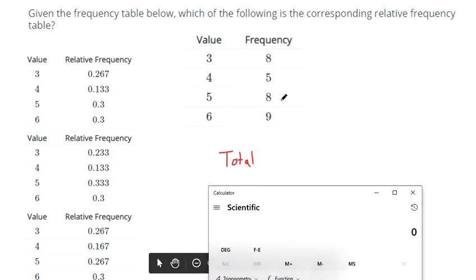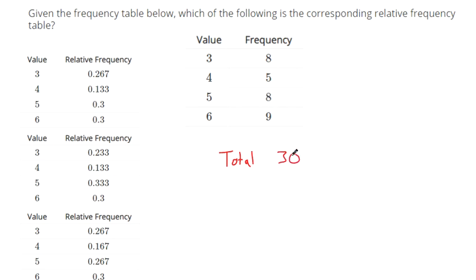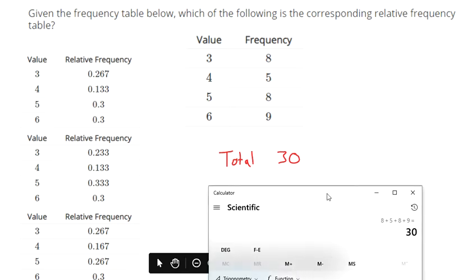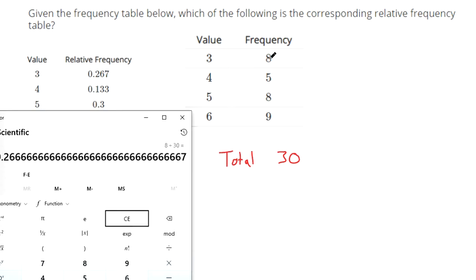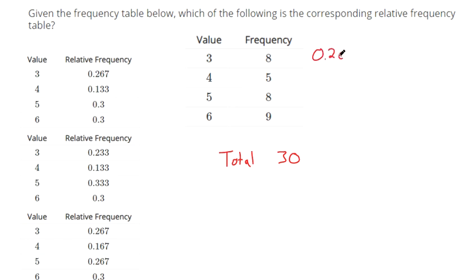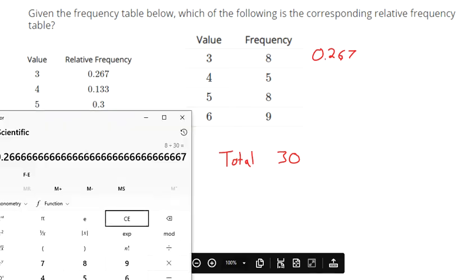So we want to find out the total number of objects there are in this frequency table. So we just add the 8, the 5, add all the frequencies together. There's 30 objects. And all we have to do for the relative frequency is take each frequency and divide it by the total. So there's like 26.7%, so 0.26. We'll just round here. There's 0.267, or in other words, about 27% of the items in this frequency table are